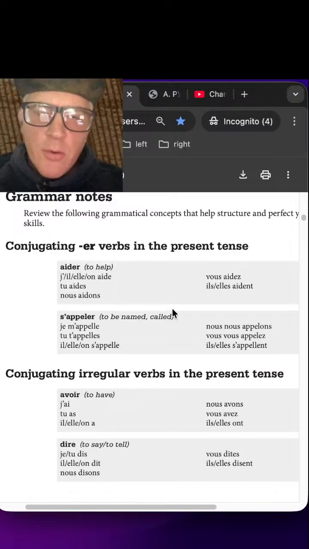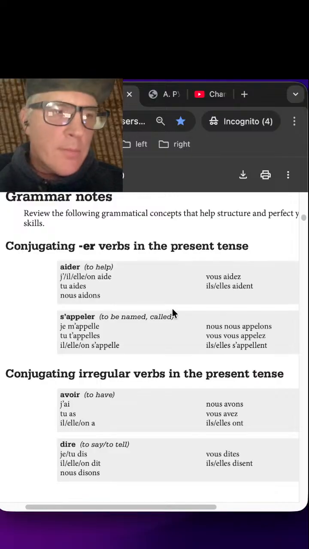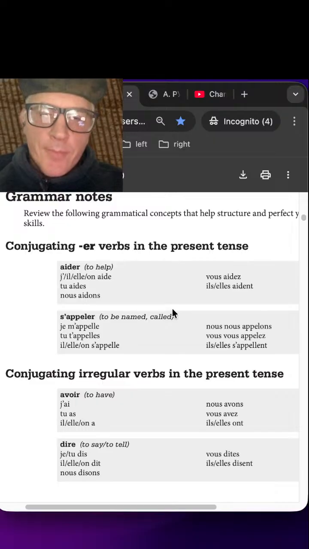Nous aidons. Correct. And vous? Vous aidez. Perfect. And last one, il, elle. Elle aide. Excellent. You've conjugated aider perfectly. Would you like to move on to the next verb, s'appeler, or practice with